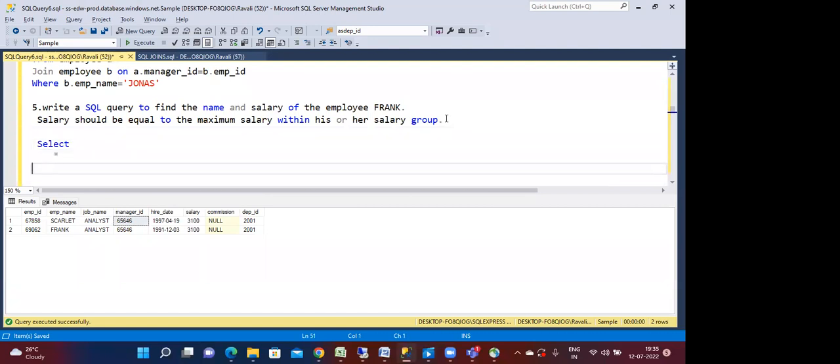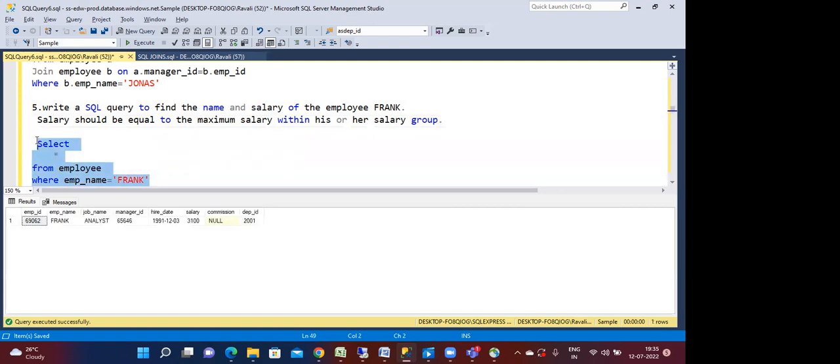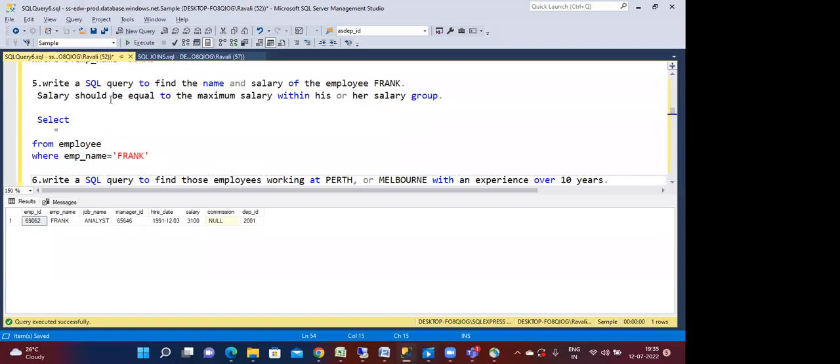Select star from employee where employee name equals to Frank. This is the first thing. Here you have asked to find the name and salary, but for now I'm giving all the columns. This is Frank, and his salary should be equals to